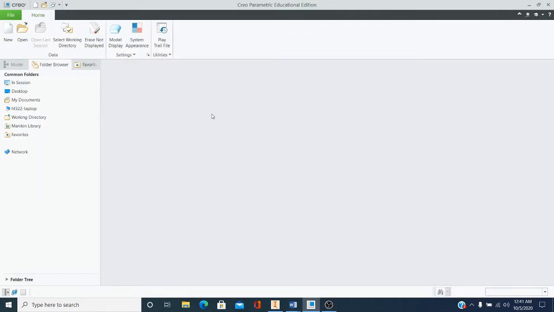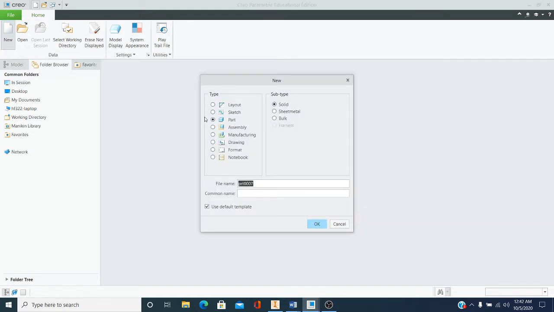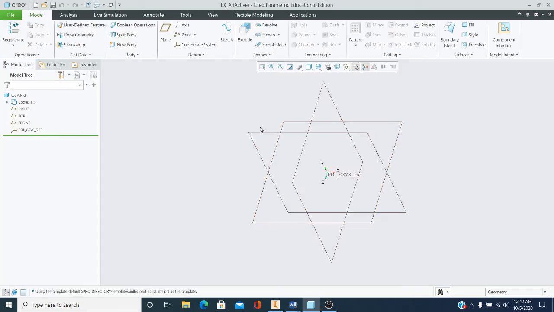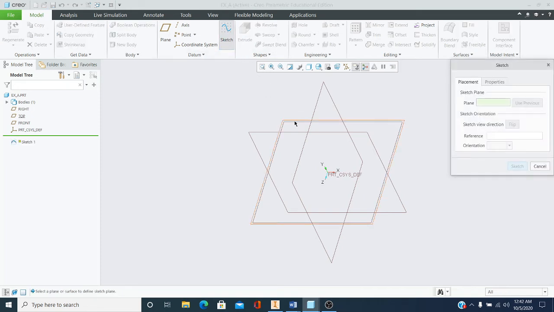So I'm going to open up in Creo. Mr. Morris already has it open. So select New, select Part, select Solid, and I'm just going to call this example_A. Okay, select OK. Then you're going to sketch on the top plane, so go Sketch, click on the top plane,